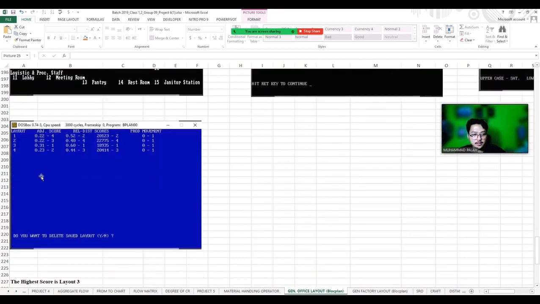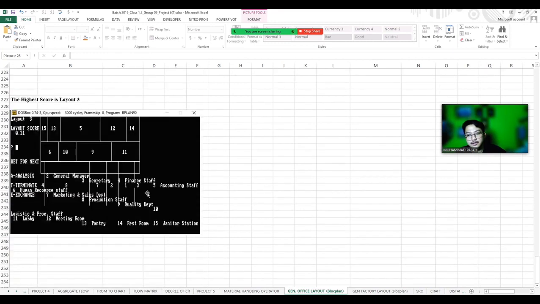So for all the iterations, layout 1 until layout 4, the system automatically calculates the best score and gives the best recommendation for our layout. As you can see, the best score is 0.31, the highest score, for layout 3. So we choose layout 3.